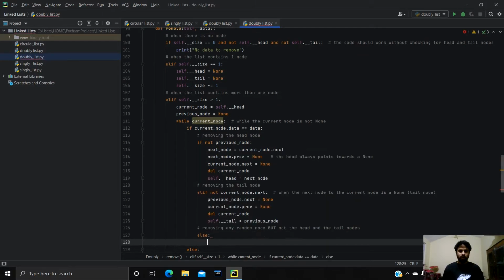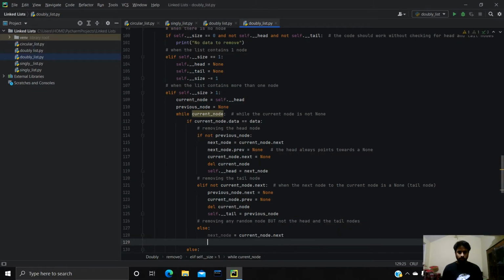Else section. Now we have to create next node again, and next node is going to be current node dot next, and